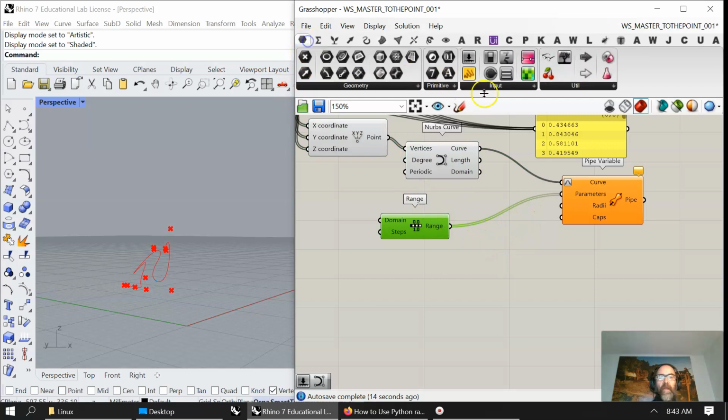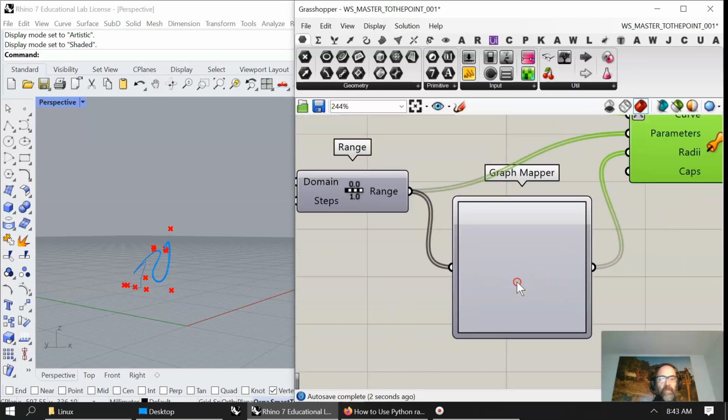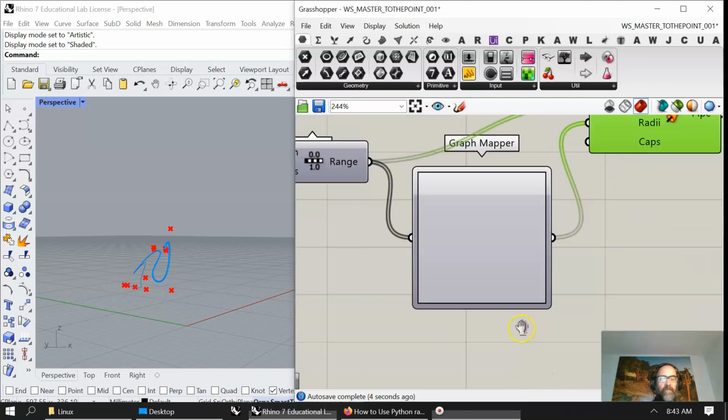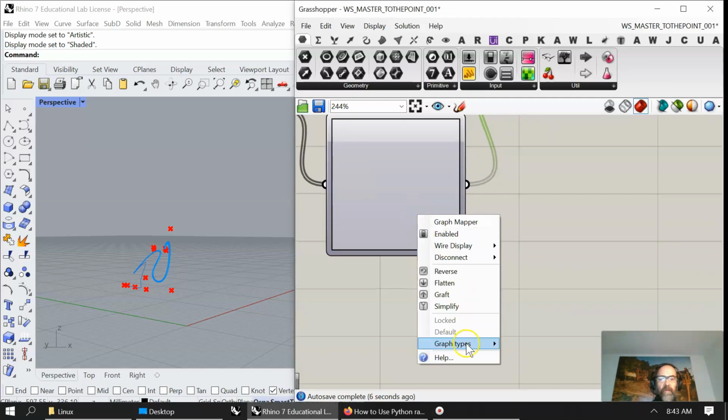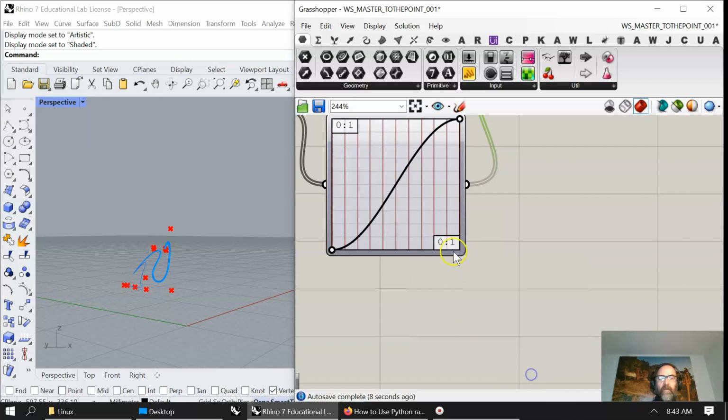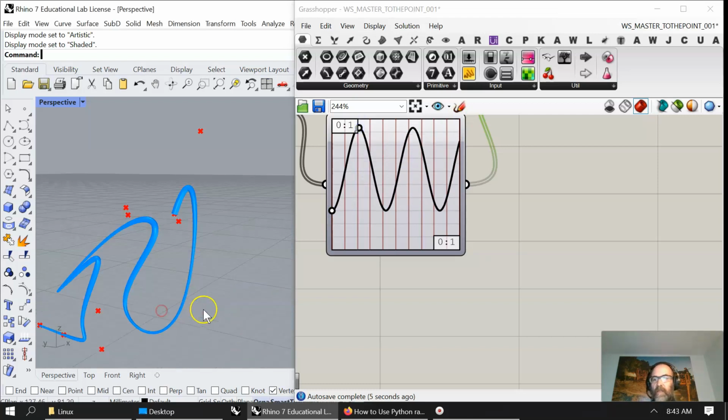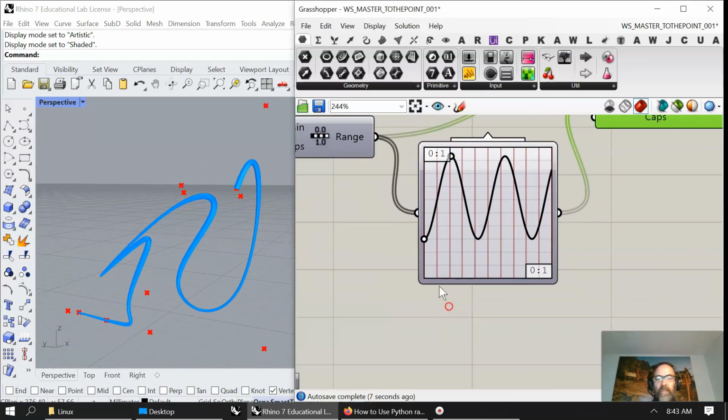Let's throw that through an input graph mapper. And into here, take the range into the parameters, graph mapper into the radii, and start playing around with some of these graph types. And once again, when you get too close to that screen, it starts to fudge out on you a little bit. I always love sine, so let's bring up the minimum width and the thick width here. We can make this as thick as we want, and if it's not doing anything geometrically fat enough for us,